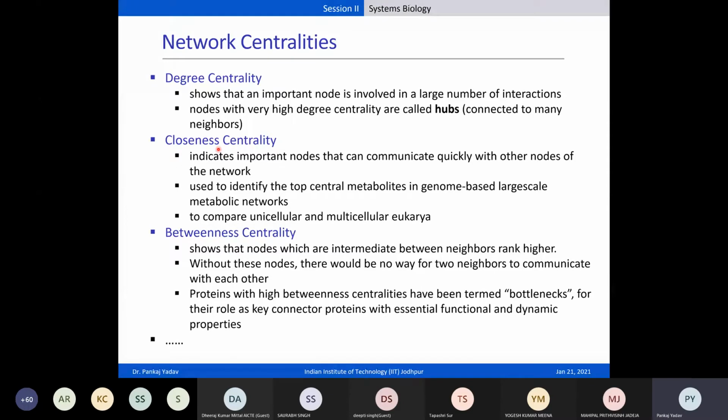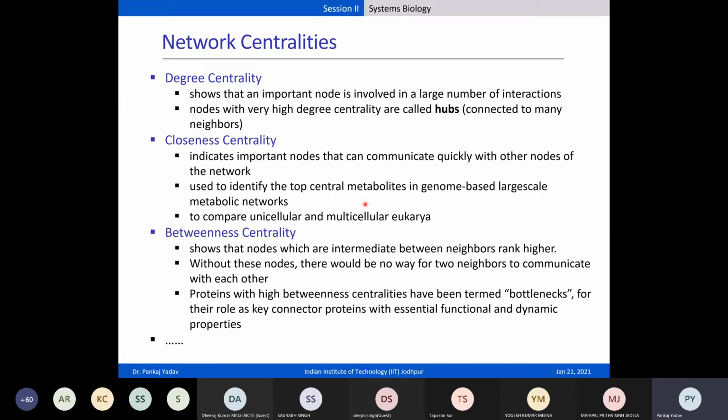So this indicates the important nodes that can communicate quickly with the other nodes of the network, that is, how close a node is to the other nodes. It is used to identify the top central metabolites in genome-based large-scale metabolic networks. If a node has high closeness centrality, it means it is probably communicating with many other nodes in